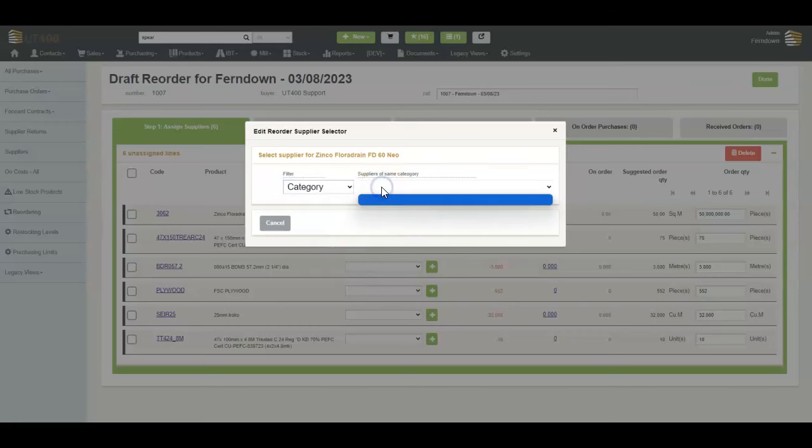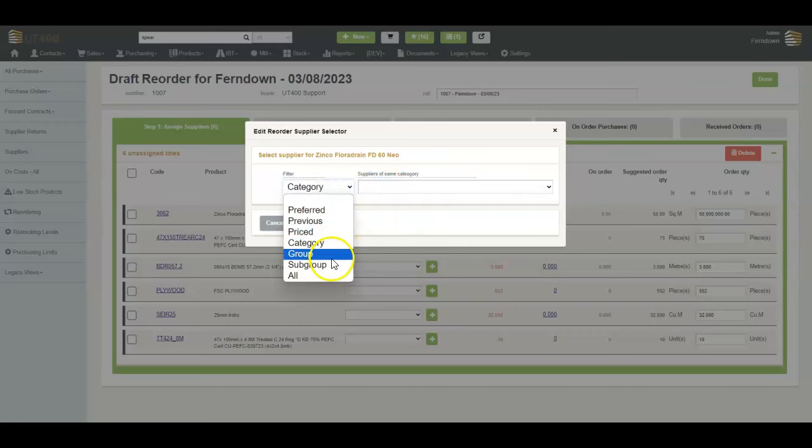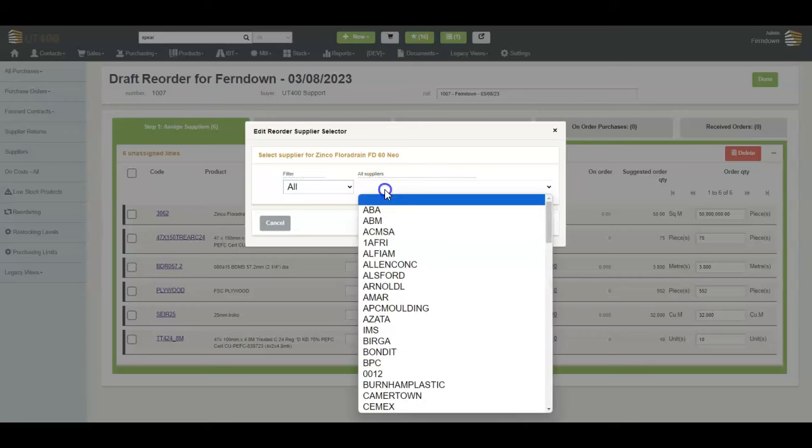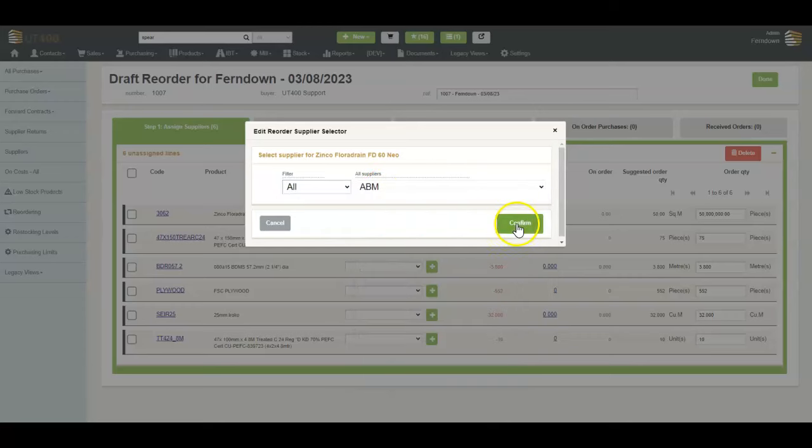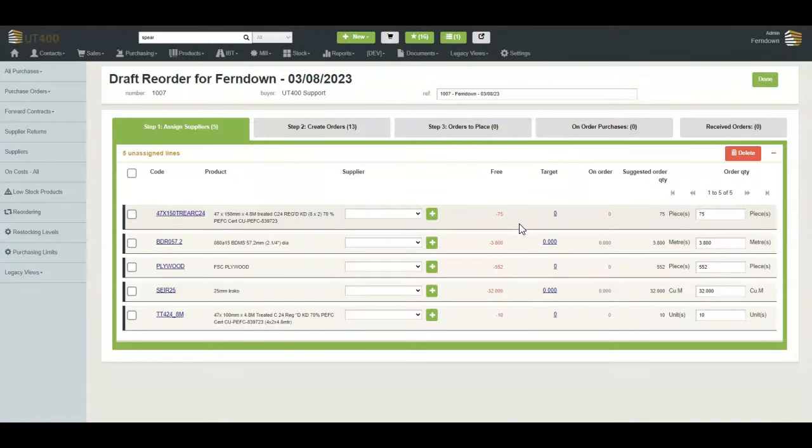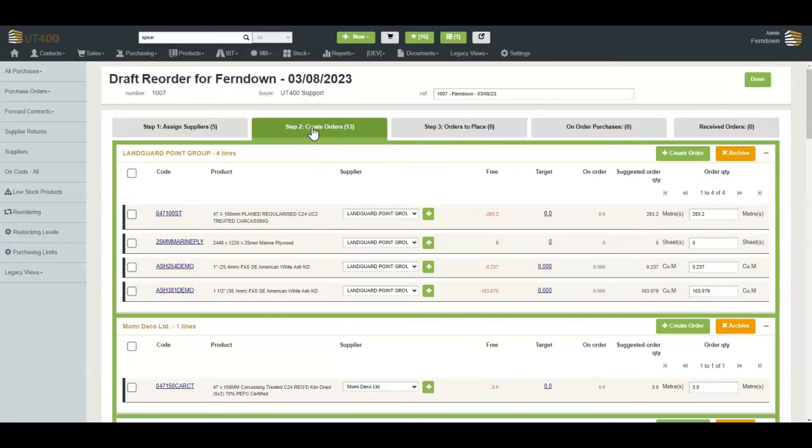We can look at preferred suppliers from within that category, group or subgroup of products that this particular product belongs to, or in this case we'll look at all, and we'll choose a particular supplier and click on Confirm. That takes it off this list. Once we're happy that we've cleared all of those, we go on to step 2, which is giving us now